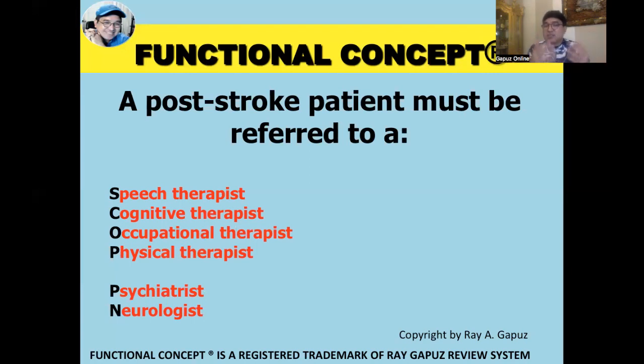So in essence, since patients with stroke eventually develop difficulty with fine motor skills like opening a bottle, opening the doorknob, they need to be referred to an occupational therapist. Now for gross motor skills like walking or body movement or turning from side to side, that has to be facilitated by a physical therapist. So the difference: the occupational therapist is concerned with fine motor skills or activities of daily living, the physical therapist with gross motor